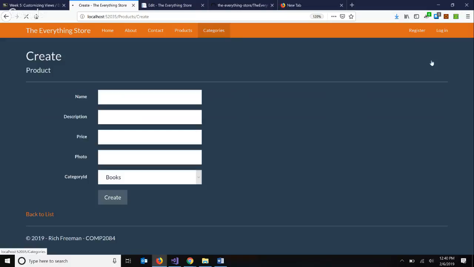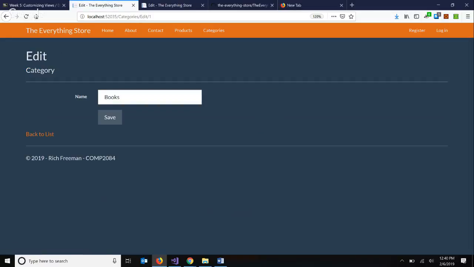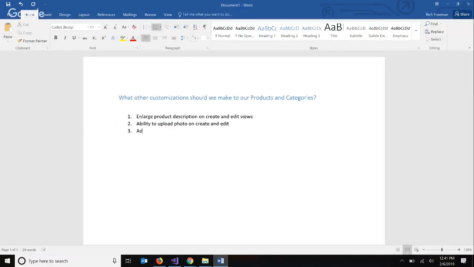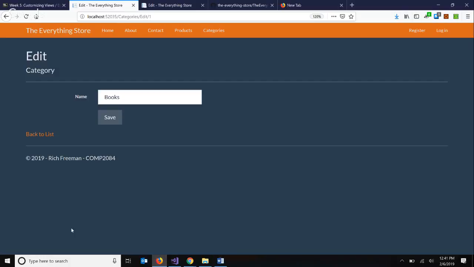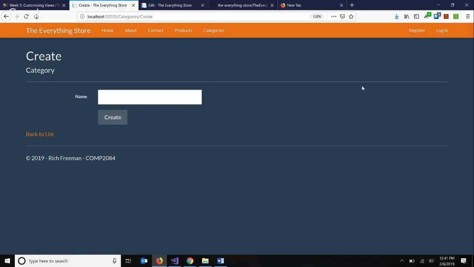Okay, so within the categories themselves, right, when I view a category, right, I won't see the list of products underneath it. Okay. Anything else? I would say visually one